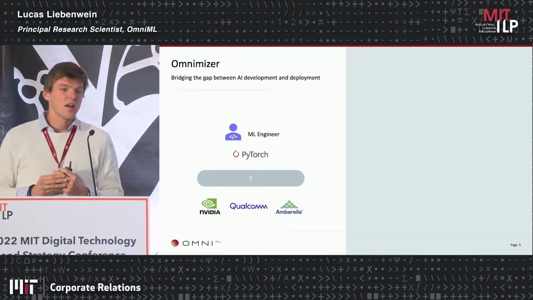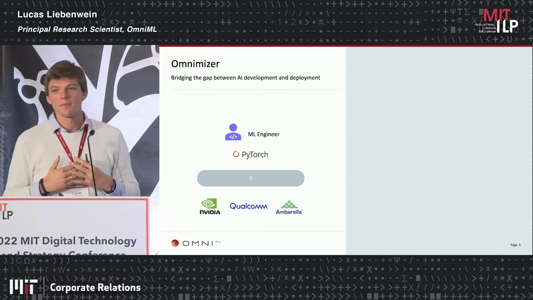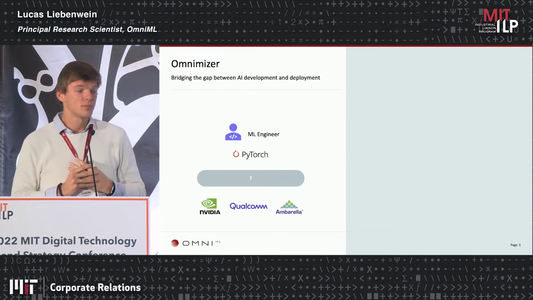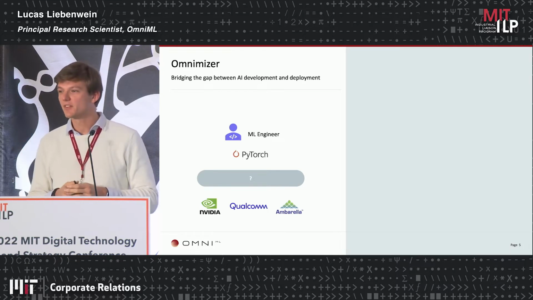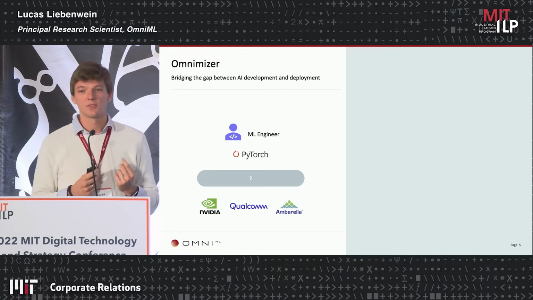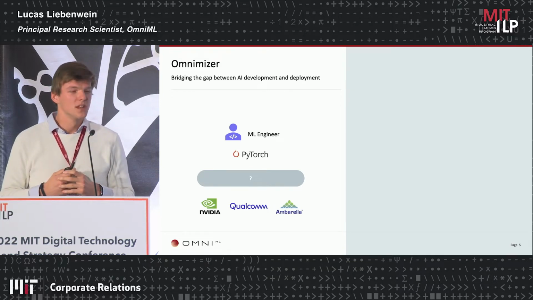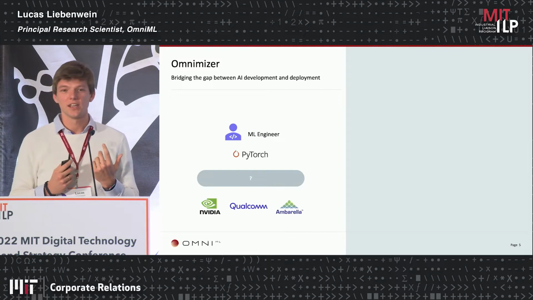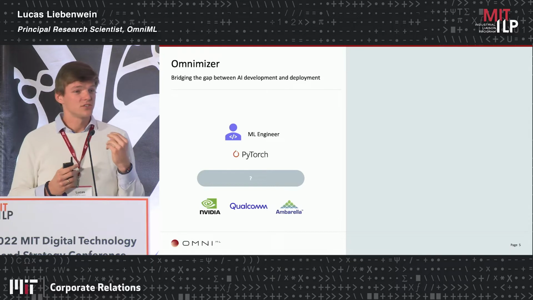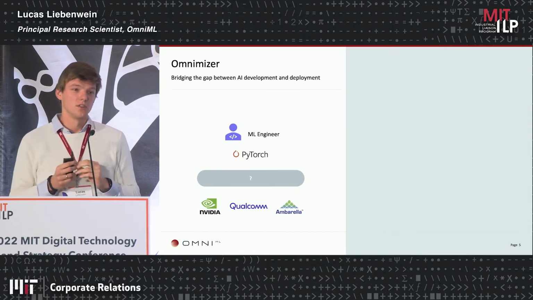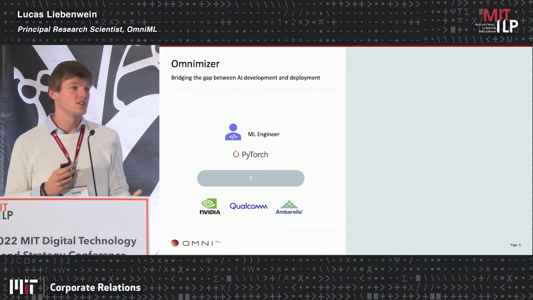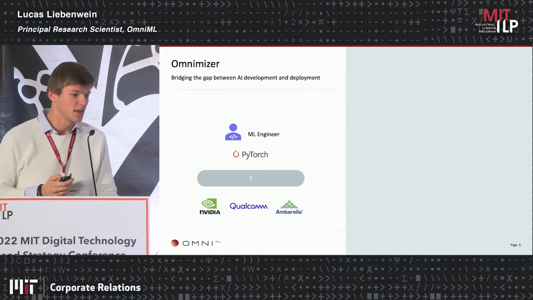So what we do at OmniML is we just released our first product, Omnimizer, which is essentially a platform to help existing machine learning teams become more productive and make it much easier and more streamlined for them to deploy machine learning models into production. The way we think about this problem is in 2 stages right now. What we want to do is close this gap between your chip, your hardware environment, your production, and where you see yourself as a machine learning engineer and scientist working on an actual machine learning application.